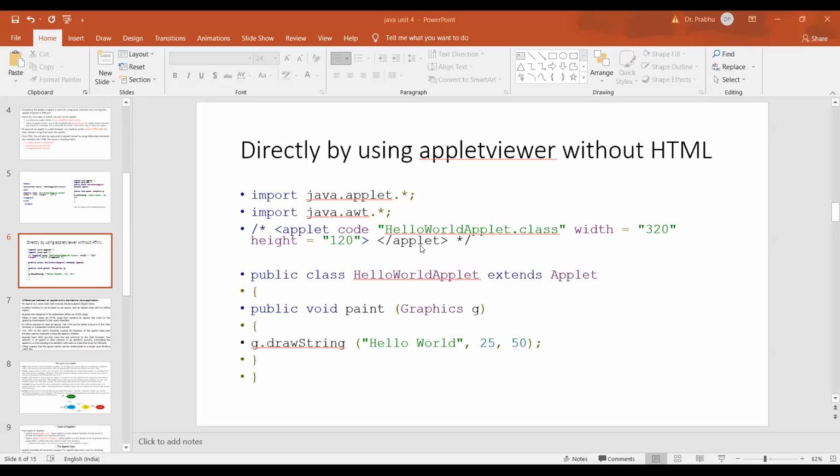But the compiler won't worry about this comment section. It considers it as a comment only, so it won't execute and the class file will be generated. But while executing, the applet viewer identifies that this is the applet and it belongs to this HTML tag, so it executes that applet code and shows the output in a separate applet viewer window.